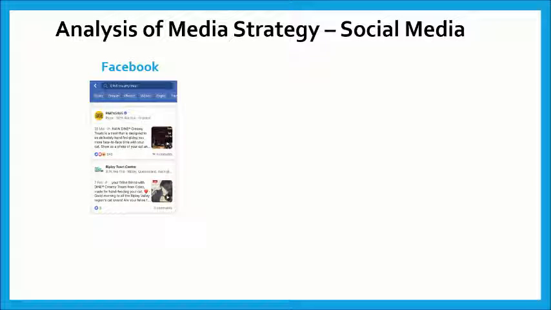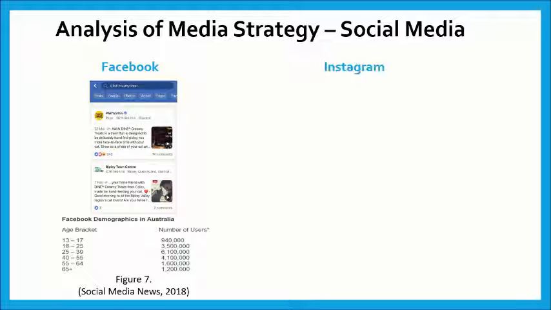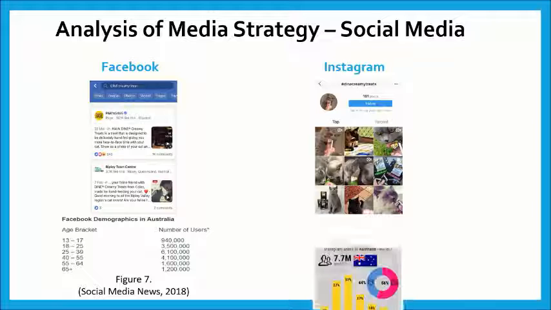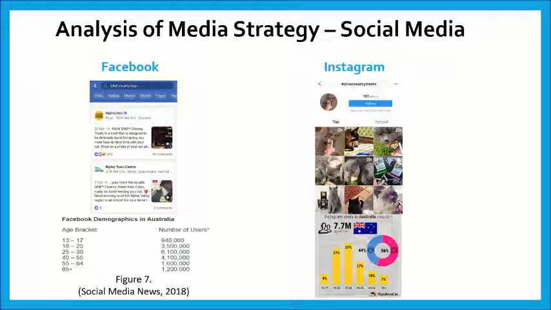Facebook is the most frequently used social media in Australia. This is a benefit for them to run their campaign because ages 14 to 55 is the second largest group using Facebook and is the target audience for them. There are 7.7 million Instagram users in Australia, and most of the users are female. 31% of users are aged between 25 and 34.